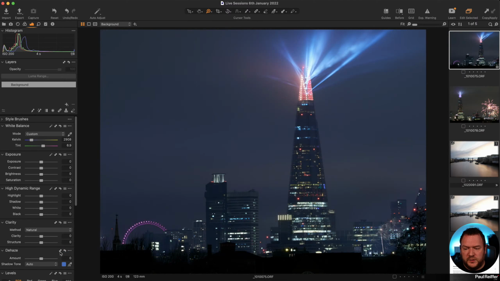So if I just reset this tool, what Capture One's doing with the auto shadow tone function is looking at the whole image and working out if there's a common pattern to the shift in every single pixel from effectively neutral or white, so the average of all those pixel values, and has it been shifted to something that seems out of line? So has it gone way yellow or way blue or way red or whatever?